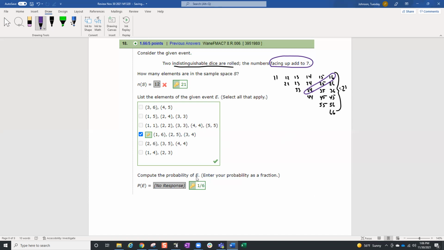Compute the probability of E. The probability of E, there are 3 out of the total of 21. How is that possibly 1/6? Because I get 1/7. Did I miss a 7? I didn't. That's 1/7 all day, folks. 21 divided by 3, right? I mean,